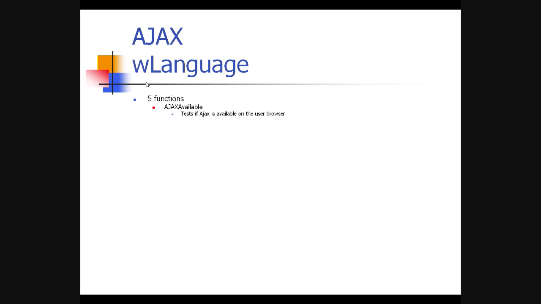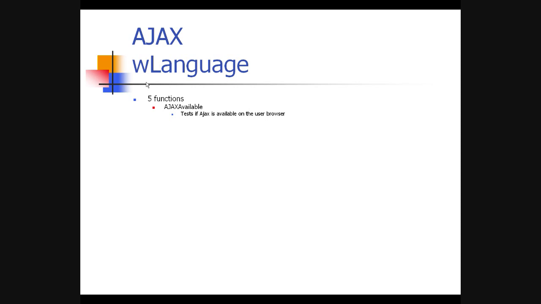This function is in charge of testing if Ajax is available on the user browser, because you have to remember that only the latest browsers are supporting that technology. So basically Internet Explorer, Firefox 2, all these kinds of things are supporting that. And by a very lucky strike, it's the browser that you're interested in. I don't think that you should really care if something is using Netscape 4 or Internet Explorer 3 or Firefox 1,